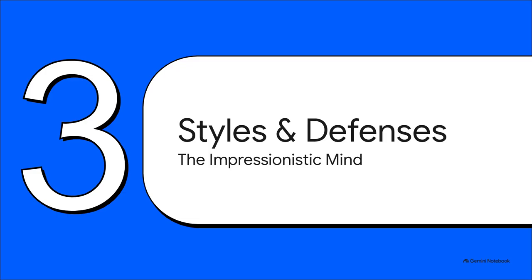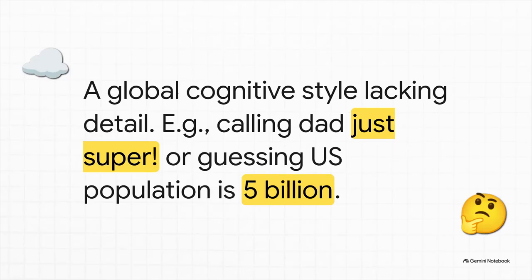Section 3. Cognitive styles and defenses. The impressionistic mind. To treat these patients effectively, we've got to understand how their minds literally blur sharp details to avoid strong, painful emotions. We call this the impressionistic mind. It's a global, really diffuse cognitive style. When pressed for facts, these patients will just offer hunches. You might ask a patient how her weekend was, and she'll just beam and say, "Oh, it was just super,"